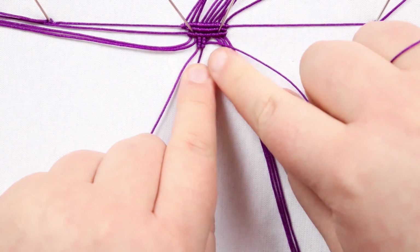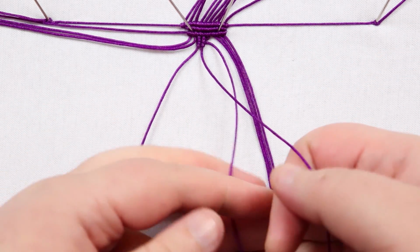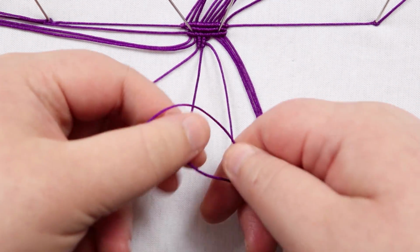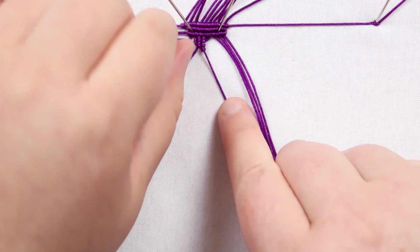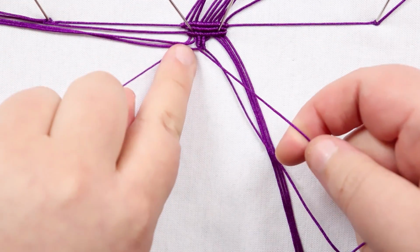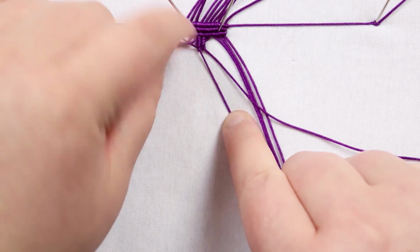And then instead of just continuing now, what I'm going to do is bring this straight underneath again. So we've only done half of the knot, and then I bring it straight underneath in the opposite direction and swap hands again, and then do the other one. So around your finger through the loop, basically the other half, but we're just doing it straight away in the opposite direction, just like that. And now bring it underneath the second holding cord again and make another double half hitch, a full one. Tighten that,